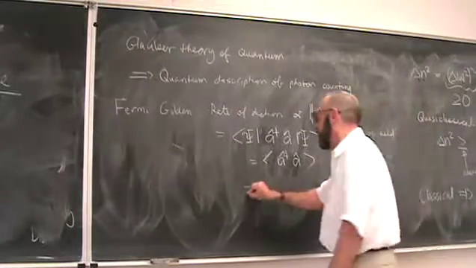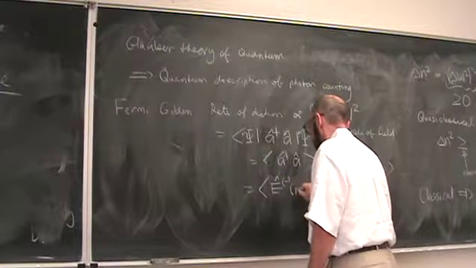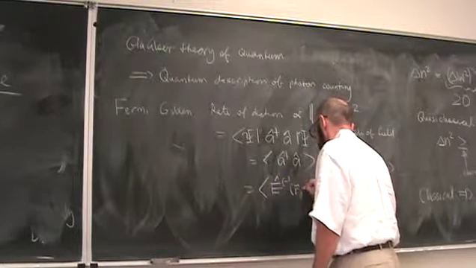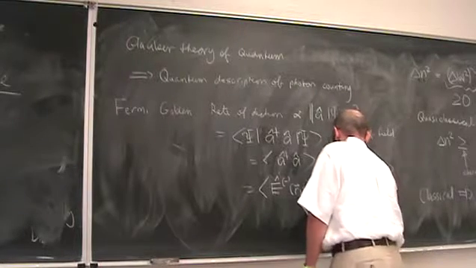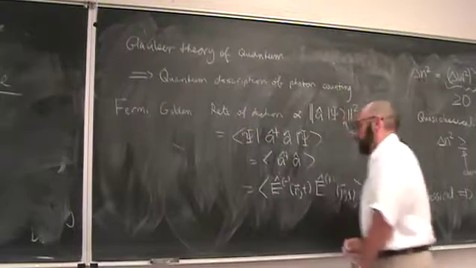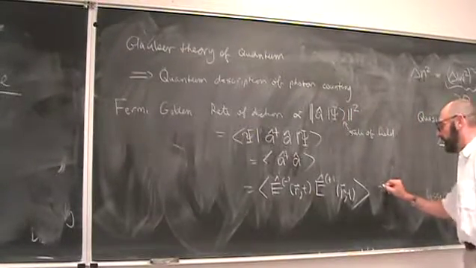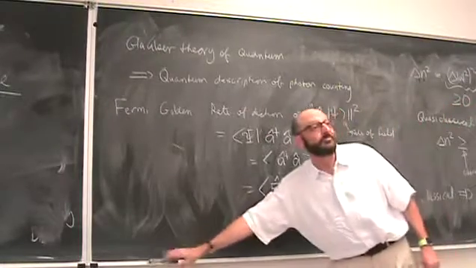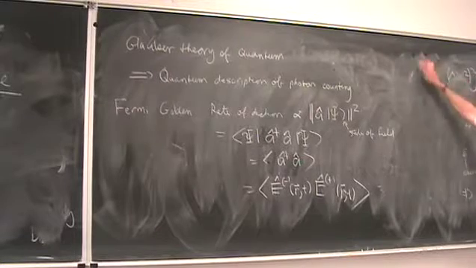So what Glauber wrote down really was this. And so this is what classically we would call the intensity, right? So classically,